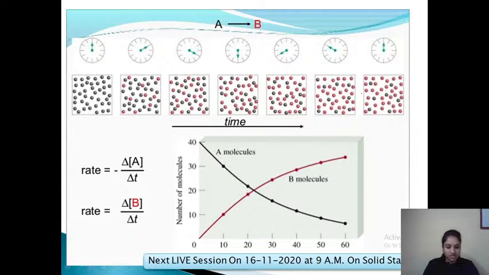So, all of you understood this? Yeah, you can let me know in the comment section. Yes, okay. So with increase in time, we can say the concentration of A, the reactant, decreases, and the concentration of the product molecules increases. We can see it through a graph as well. The concentration of the reactant decreases, and the concentration of the product B increases.